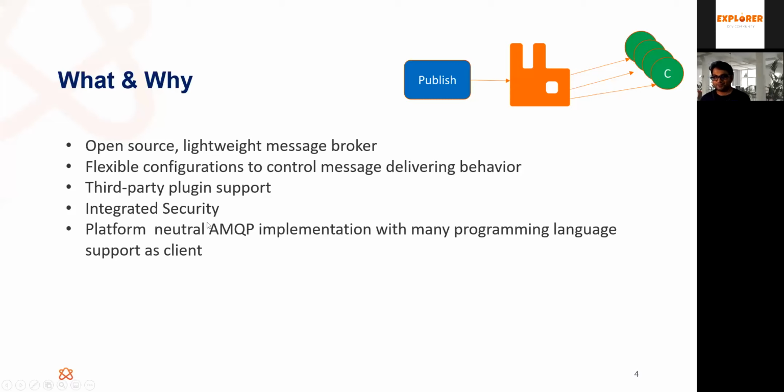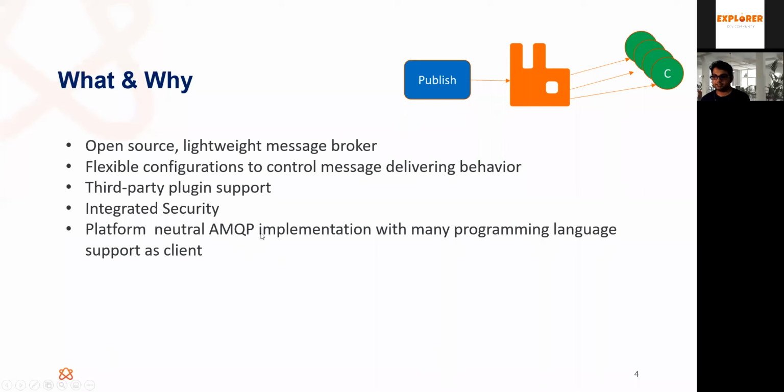And last but not least, the most important thing is that it is an implementation of AMQP, Advanced Message Queuing Protocol. So this means that anyone who can support this protocol has a low barrier to work with RabbitMQ. That is the major advantage.